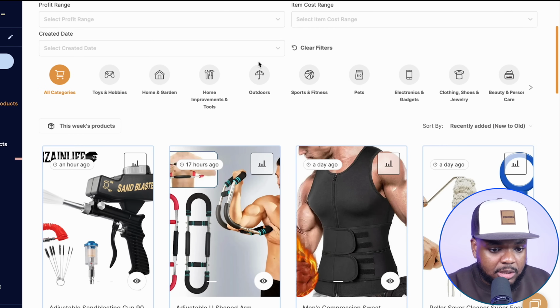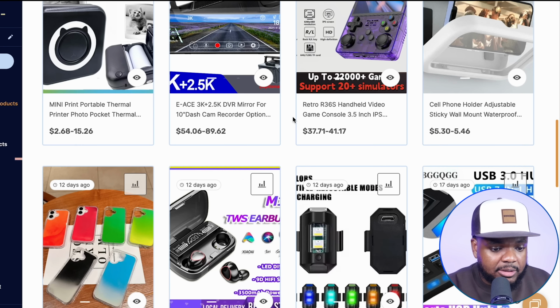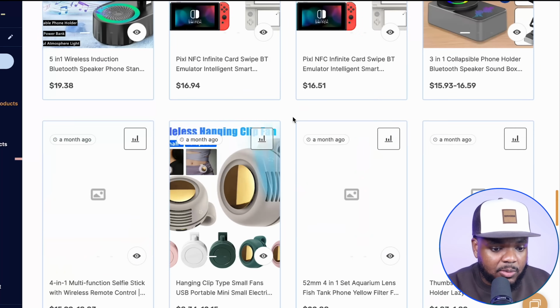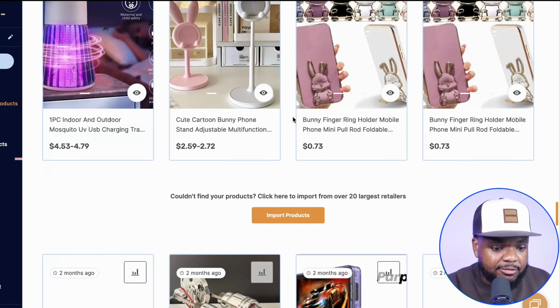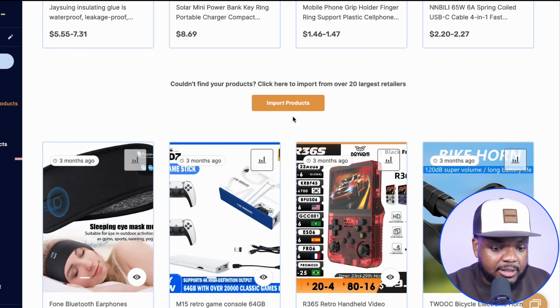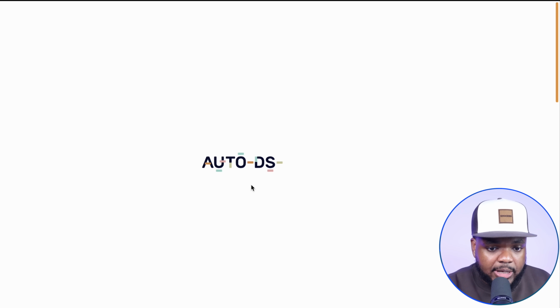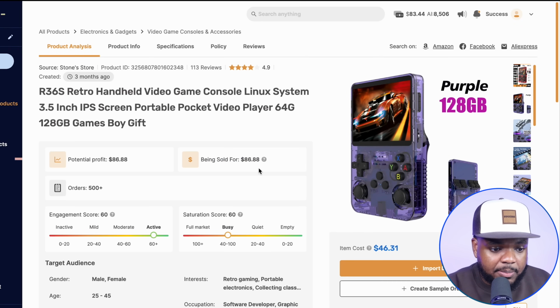So what I'm going to do is just filter it down to electronics and gadgets. If I just scroll down slightly, we're going to be able to see all of these different items. And right here, as you guys can see, the exact same item that this store is selling can be found right here. So if I just click into it, open up the listing,